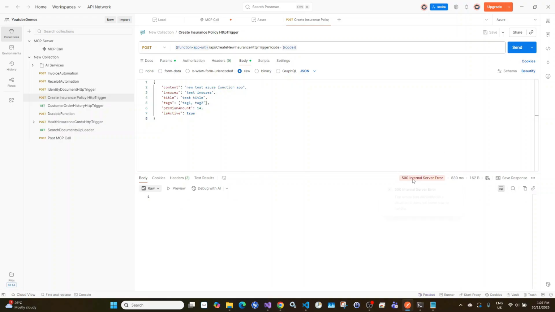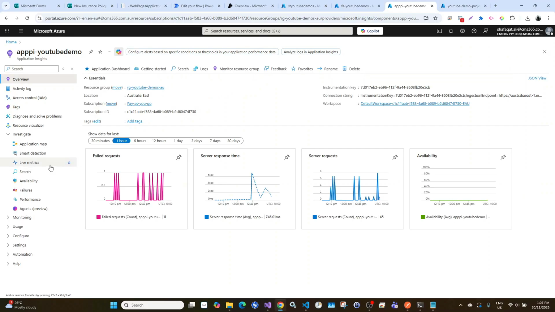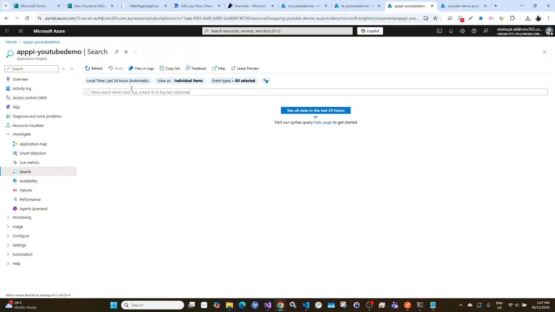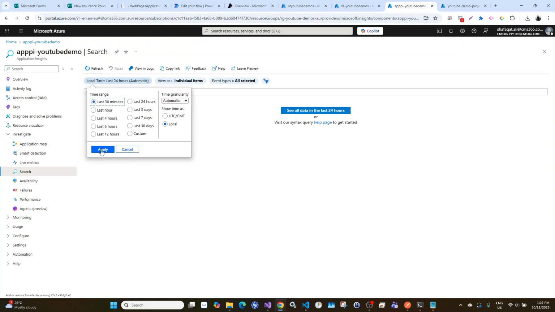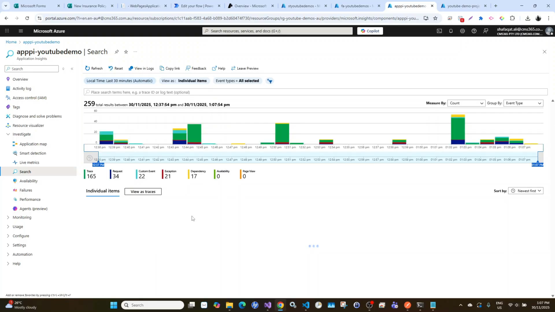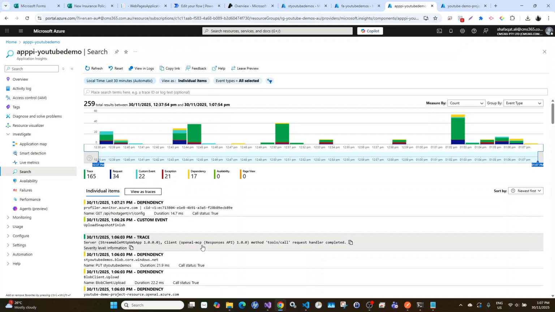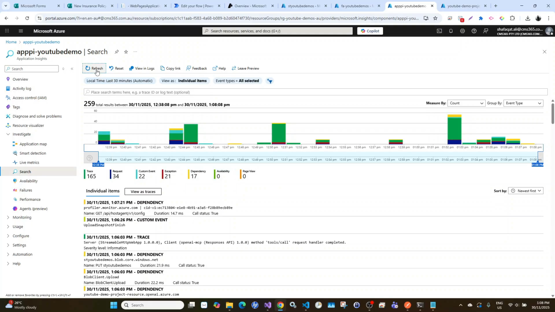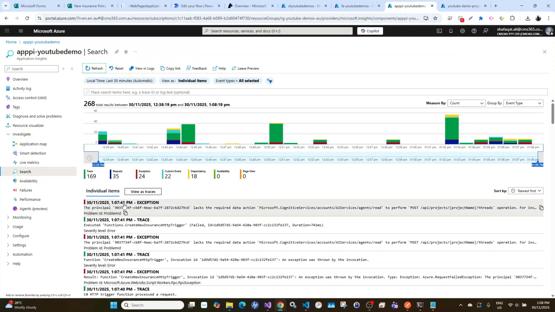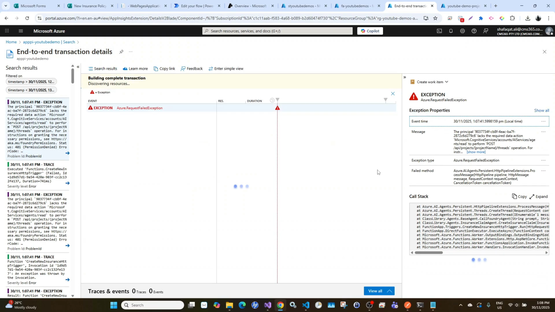Okay, so it's throwing an error. So let's have a look at Application Insights and see what we get there. The request we sent at 1.7. Let's keep refreshing it. Okay, so we are getting an exception. If I go into more details,